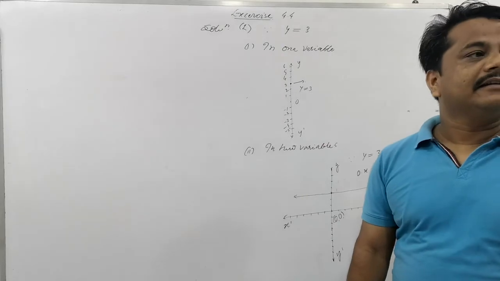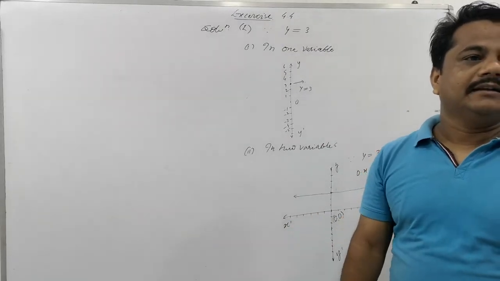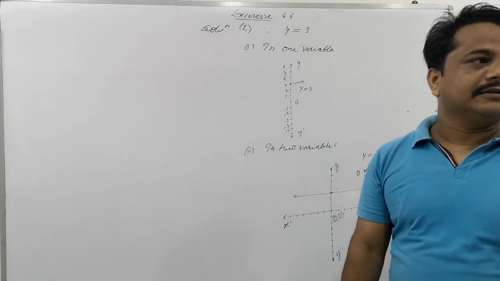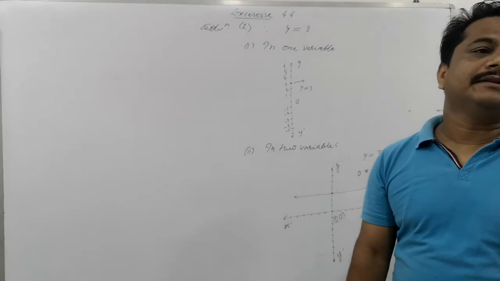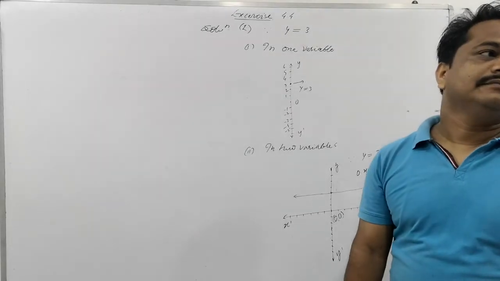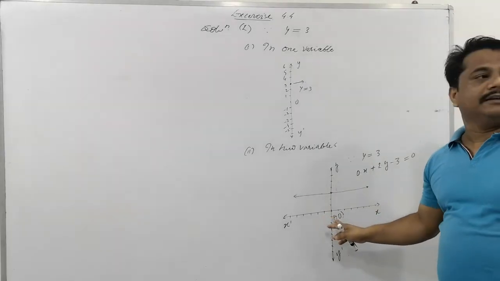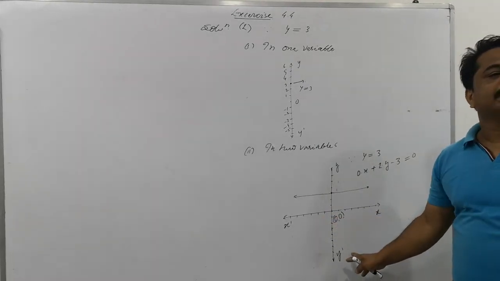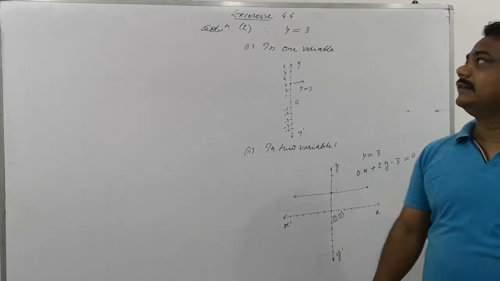x will be here. 9 is to be transferred to the right side: minus 9, divided by 2. So x = minus 9 by 2, which is minus 4.5. And the second is in two variables. The same as here, what you have done. The two coordinates, you will draw the Cartesian plane, x and y along the axes. Clear? Further work is also to be done there.